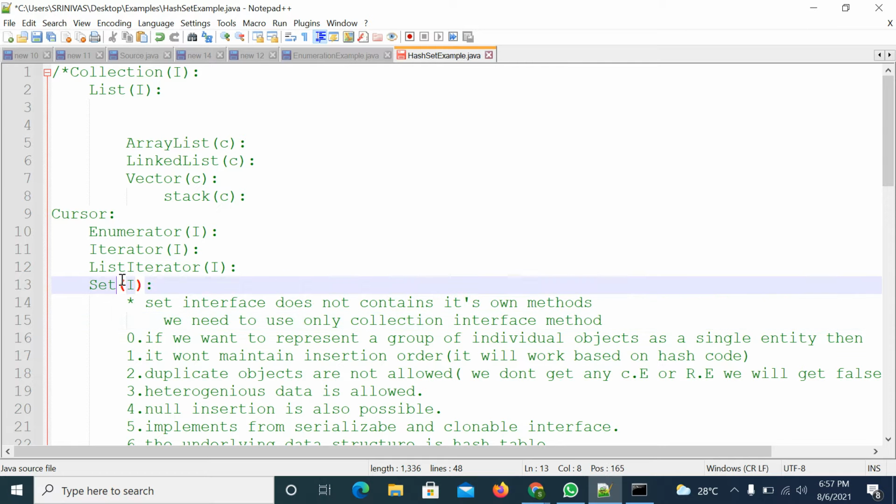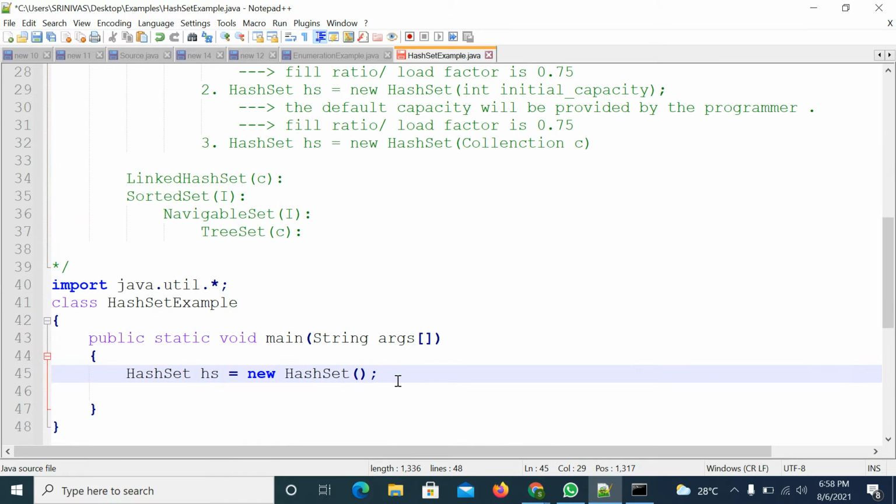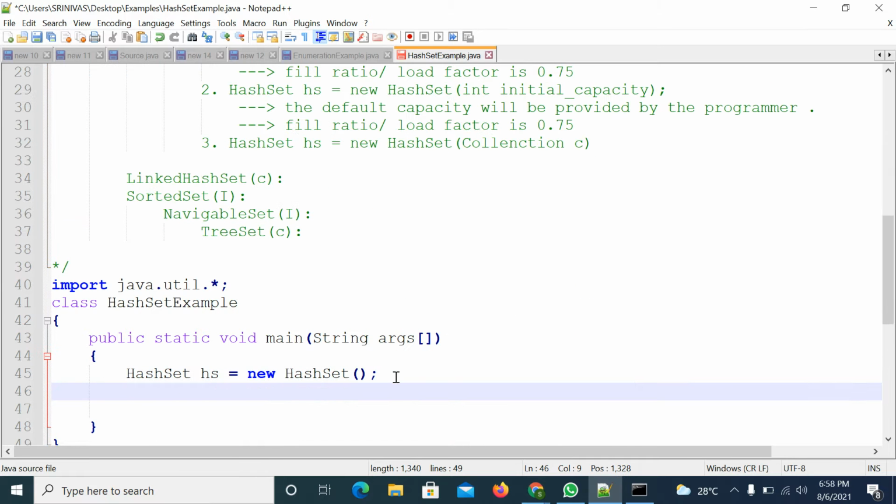Right. So the Set interface doesn't have any methods of its own, so we need to use the Collection interface methods. For adding the elements, I am using the Collection interface method, that is add, hs.add. So I am adding some elements like ball,